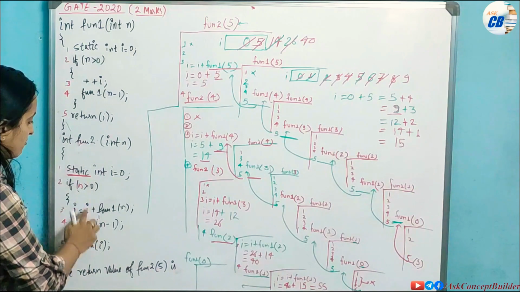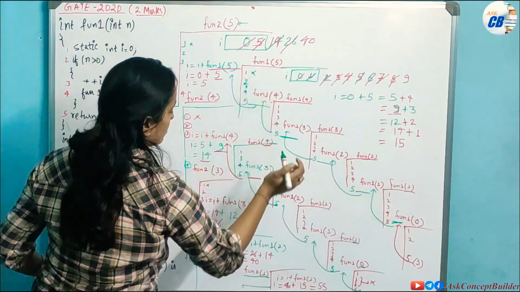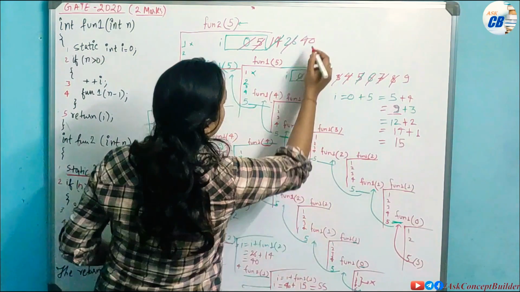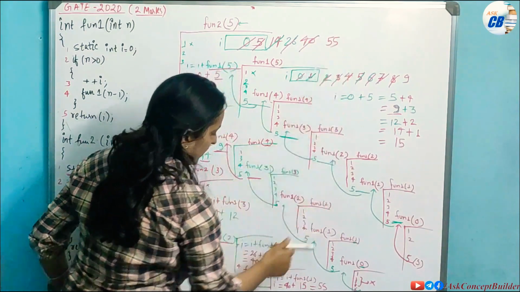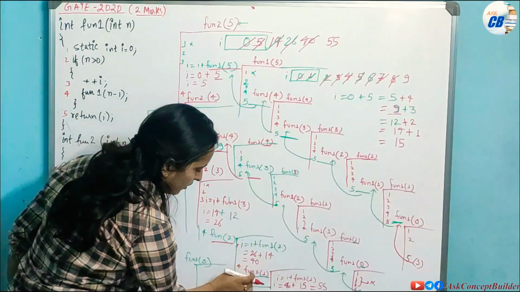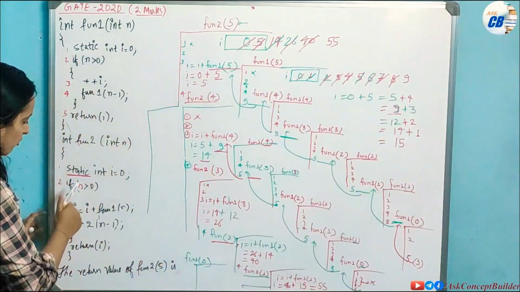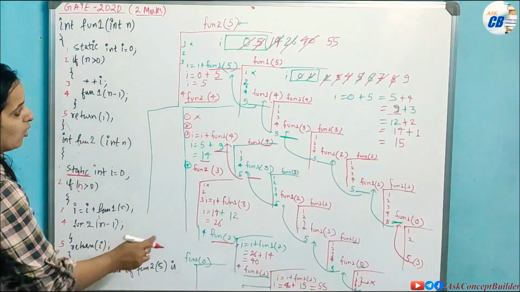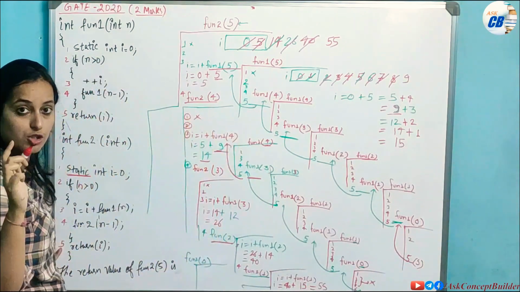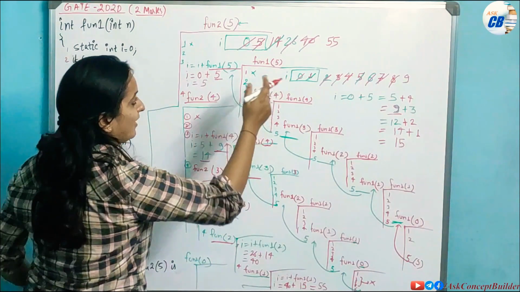Now see, this is the fun2 function, and its I value is 55, as we have calculated here. So this was updated to 55 in fun2 1. When we were calling fun2 1, only then I was updated to 55. Now the fifth statement of fun2 0 is return I. The I value for the complete fun2 function is 55 only, so it will return the value 55.